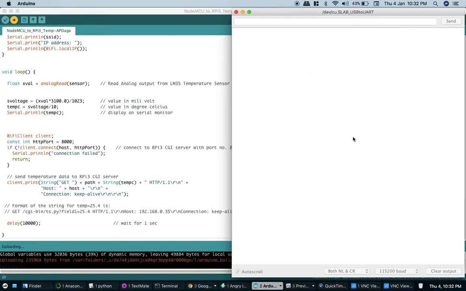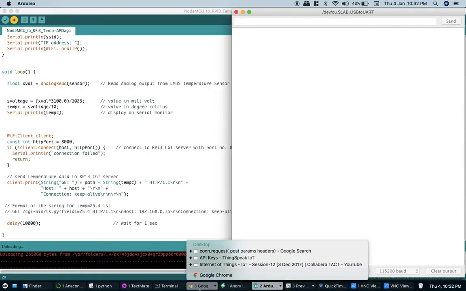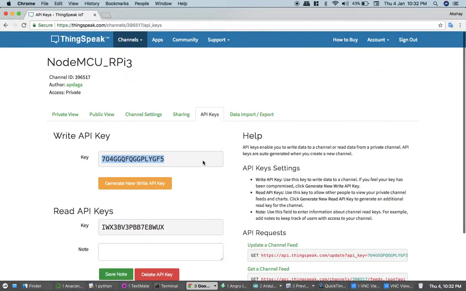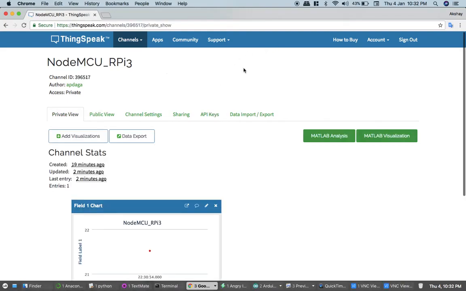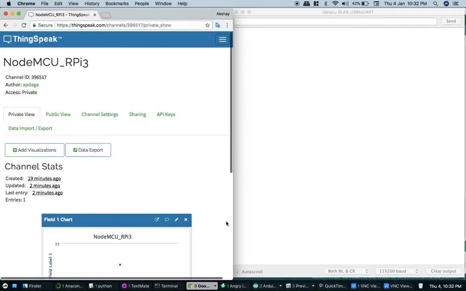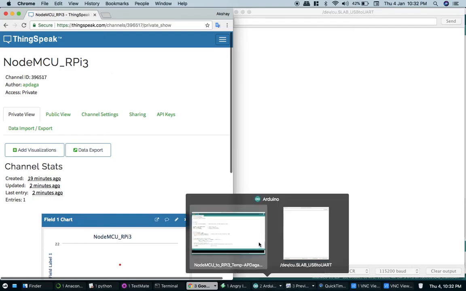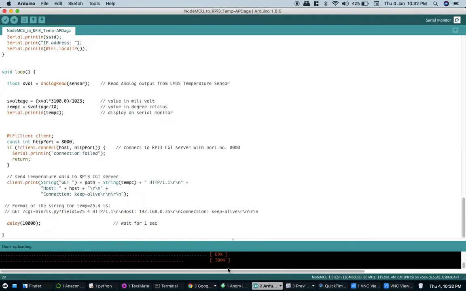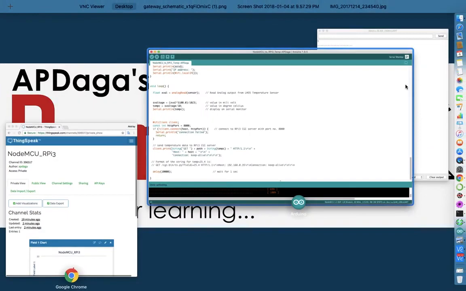We can observe all the messages here. At the same time, we can observe the graph also. See, the program has been uploaded.